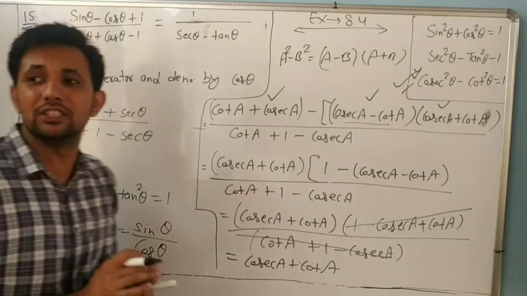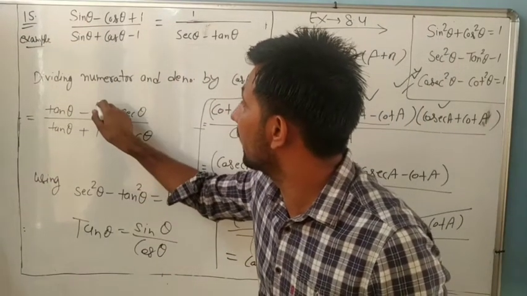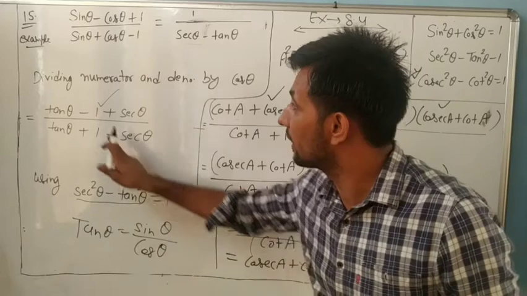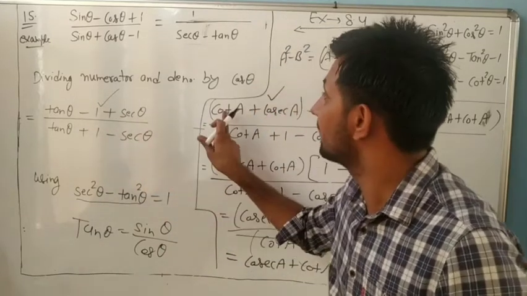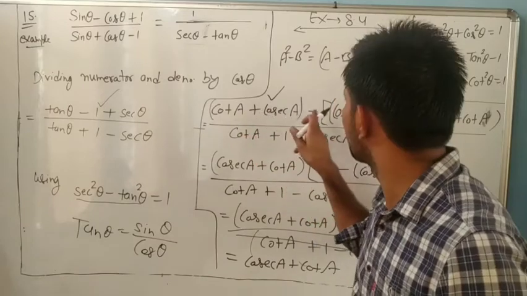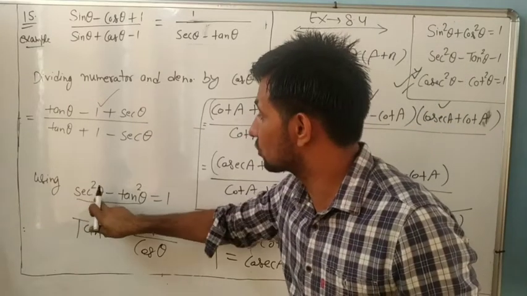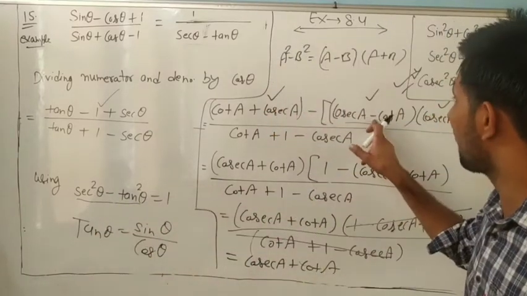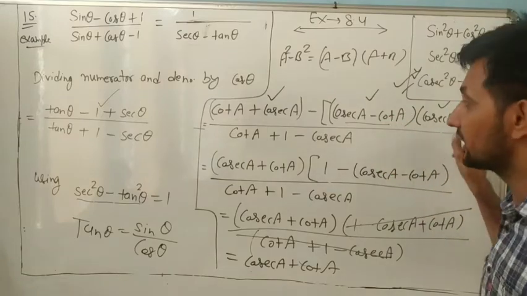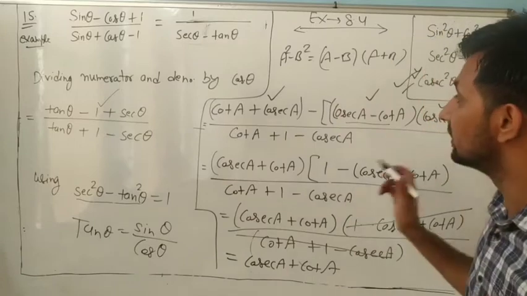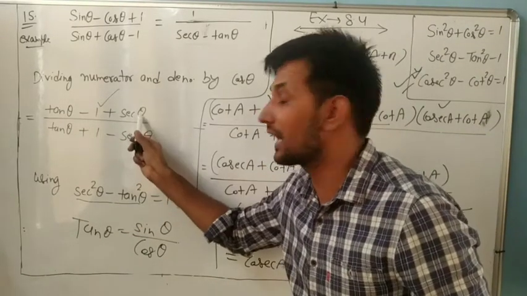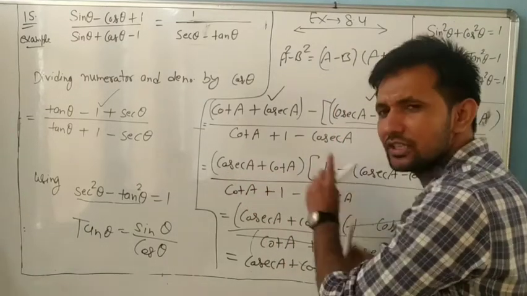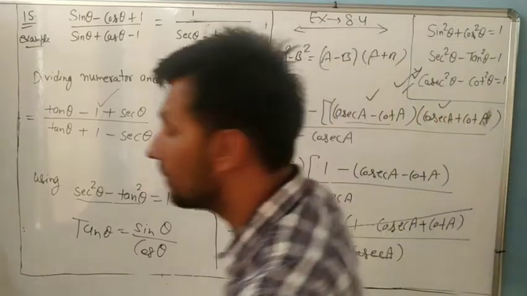Same as in question number 5th part, we will use here the identity in place of 1. What is the identity? Secant squared minus tan squared in place of minus 1. So here it becomes tan theta plus secant theta minus the identity secant squared minus tan squared. It is A squared minus B squared, so sec theta minus tan theta into sec theta plus tan theta. The denominator is as it is. Here we know sec theta plus tan theta, and here also sec plus tan. It is common. It becomes 1 minus the same as it is, and your answer will come in the last.